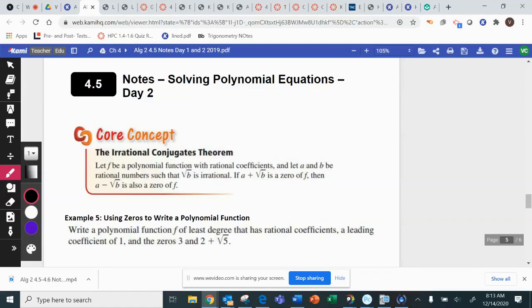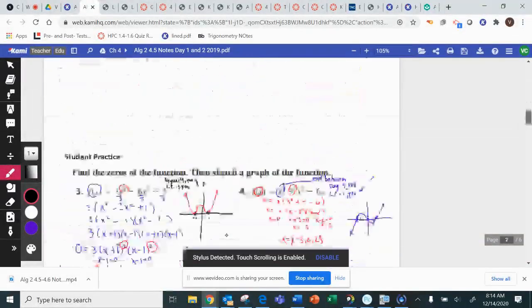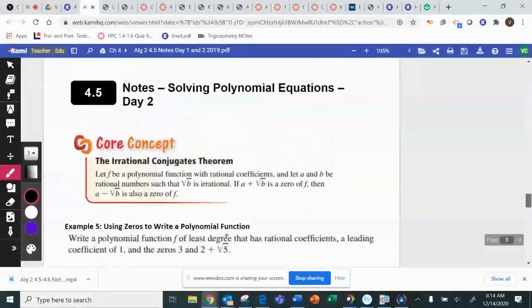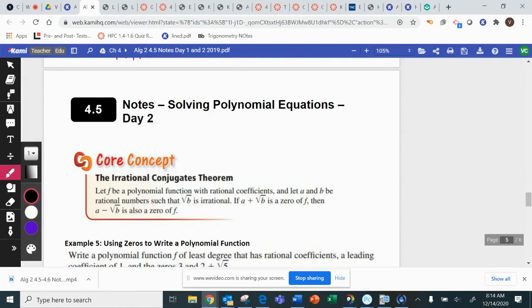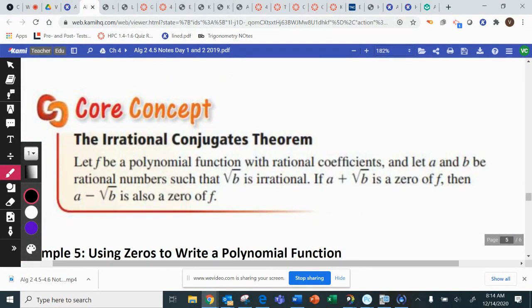Okay, so this concept that we're going to do is called the irrational conjugates theorem. And it actually has to do with, it doesn't have it on here, it's part of the fundamental theorem of algebra. The fundamental theorem of algebra. It sounds kind of important. So the irrational conjugates theorem is basically saying that if we have